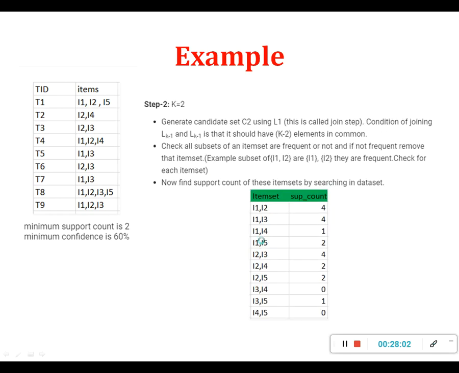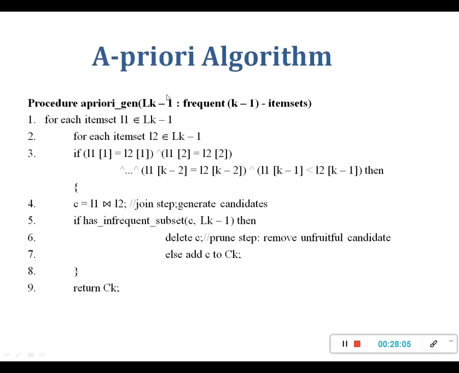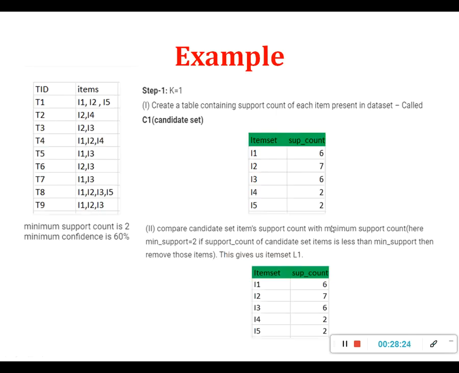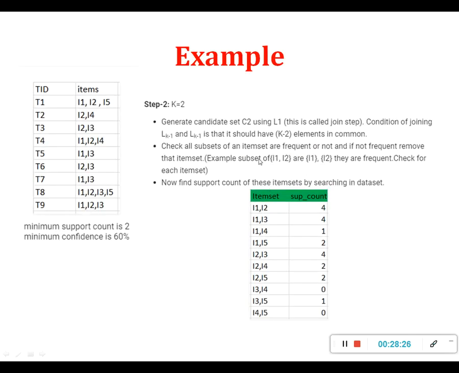So C1, C2, C3 we are finding out by using this Apriori generation method. After finding out your candidate table, what is the next thing we are doing? We are checking whether the subsets of that particular element are frequent or not. If I am considering any particular transaction of this Ck, then I will check its subsets. For example, in this example we have seen that the subsets of I1 and I2 are nothing but I1 and I2 separately. So in this way we are checking for this Ck.